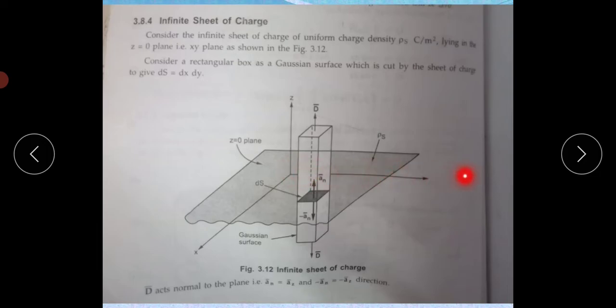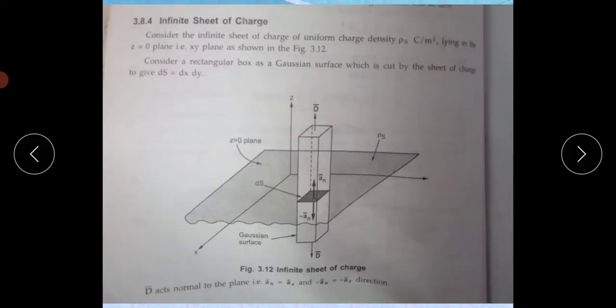This is the x direction, this is the y direction. Here the charge lies on z equals 0, so it produces the electric flux lines in the z direction only, positive z direction and negative z direction. In the x direction and y direction, the flux lines equal 0. So hence the charge enclosed can be written as, by Gauss law, we know that Q equals the closed surface integral of D bar dot dS bar.